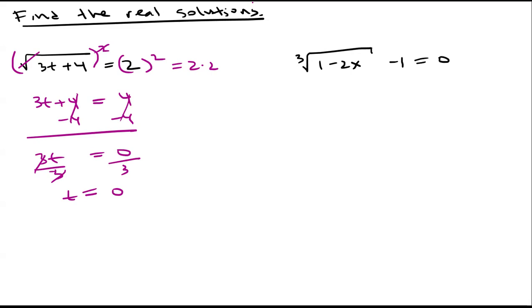Okay? And we want to check our work when we do this, because sometimes there might not be a solution. So we're going to plug it in there. We have 3t plus 4, so we plug in 0 for t. 3 times 0 is 0, plus 4 is going to give us 4. The square root of 4 is going to give us 2, and that's what we have here. All right, so that checks out. Now on the right side,